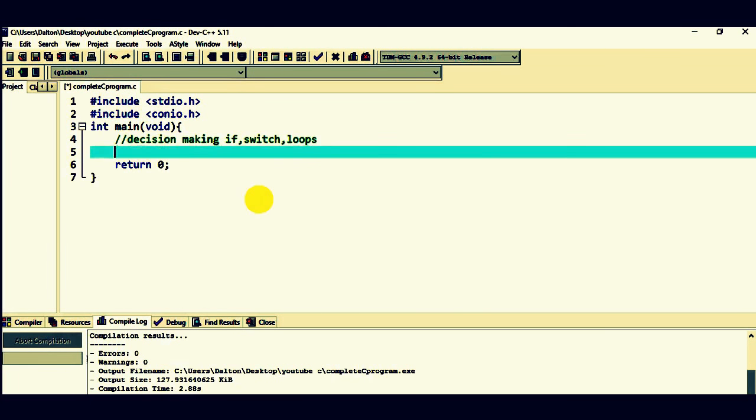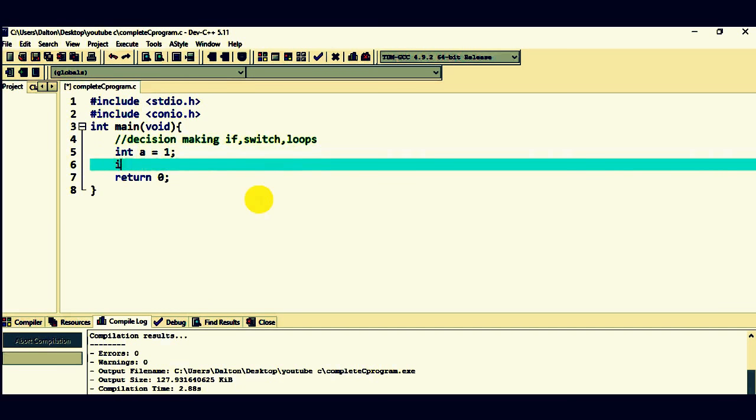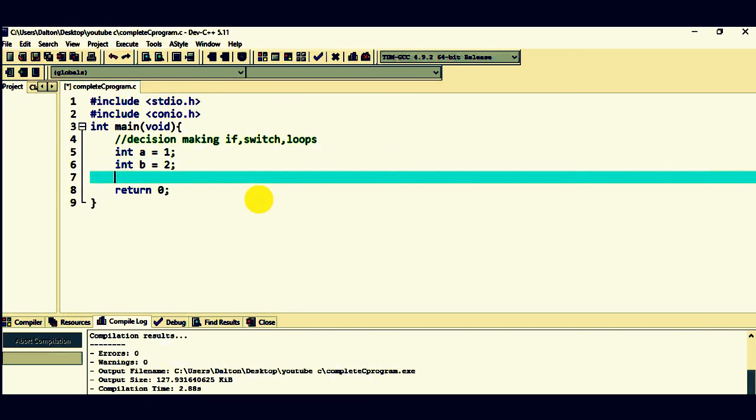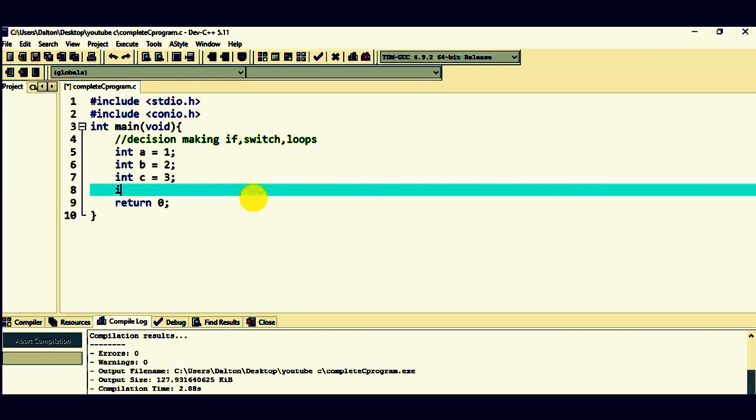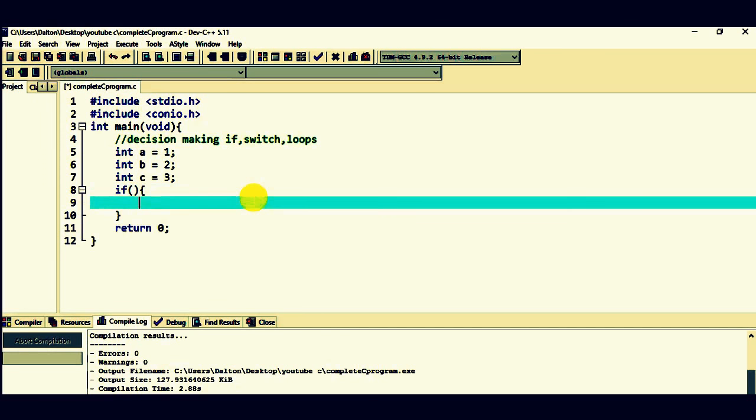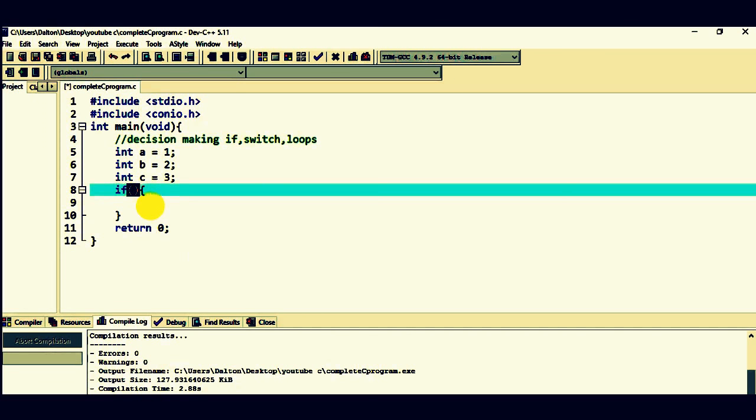So let me start with the first one, if statements. If you try to say print A is equal to maybe 1, and also print B the same as maybe 2, and the same with C, the same as maybe 3. And then they say if, whereby inside here there's going to be a condition, and then inside here a statement. So if A is less than 1,